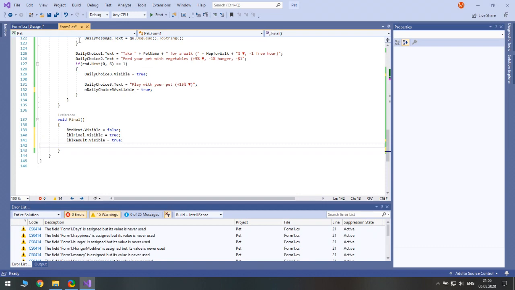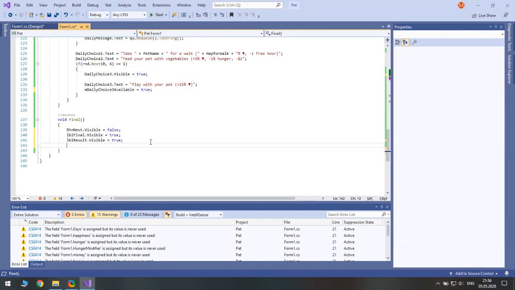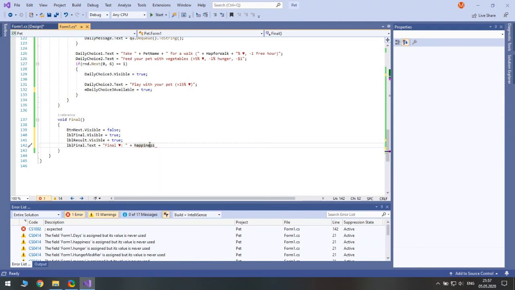Next we set the text of label final here, so label final dot text equals final happiness, and we add the actual happiness and the percent character. Then we check whether the user has won or not.